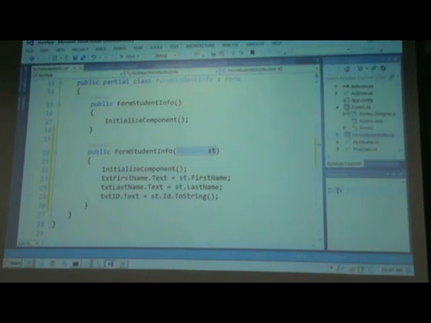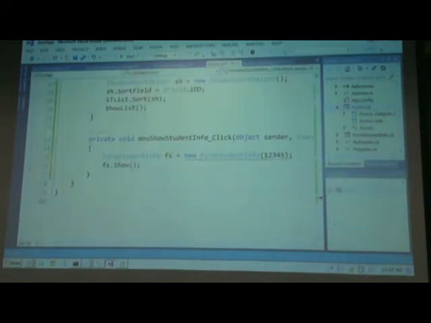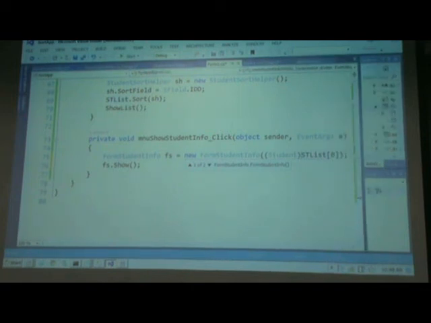Okay, so now let's go to the call. In form 1, suppose I pass it st list of 0. The first student in our list, right? And because, remember in an array list, everything becomes an object once it's stored, right? Whereas once I wrote the constructor, what was this parameter? Student. So I need to typecast it to student, right? Okay, so now it will work. So if I go debug, start without debugging,